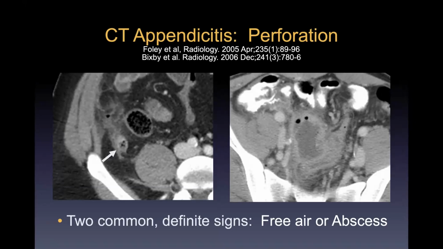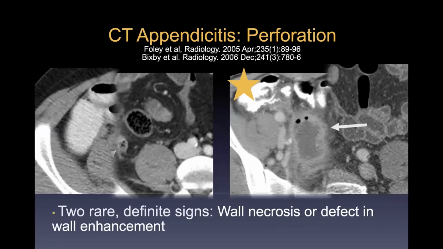Okay, so moving on from the diagnosis of appendicitis to the diagnosis of perforation. Sometimes perforation is obvious. These are probably the two best signs for looking for perforation, either free air, as we see in this first image, not a lot of free air. Sometimes the amount of free air in perforated appendicitis is pretty minimal, so look for those little dots. And in the second image, abscess. And I have these gold stars. These are our gold star signs. These are very specific for perforation.